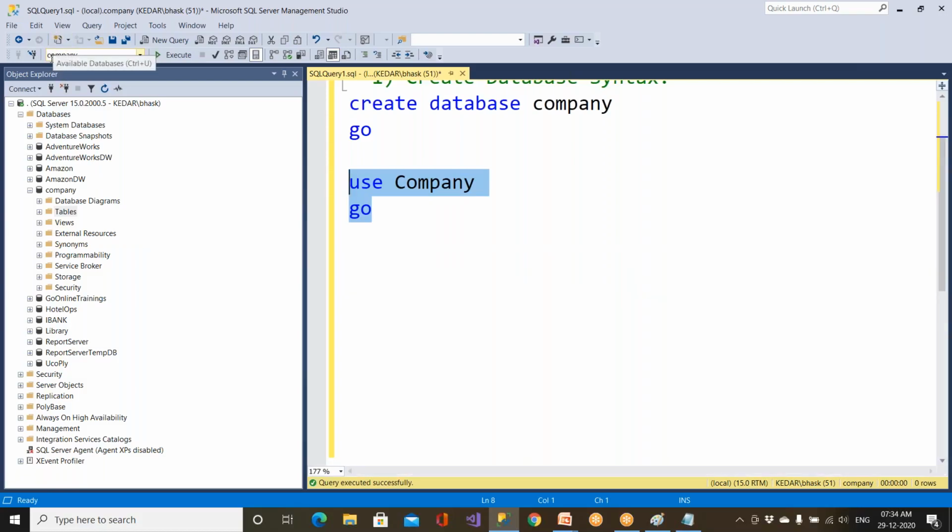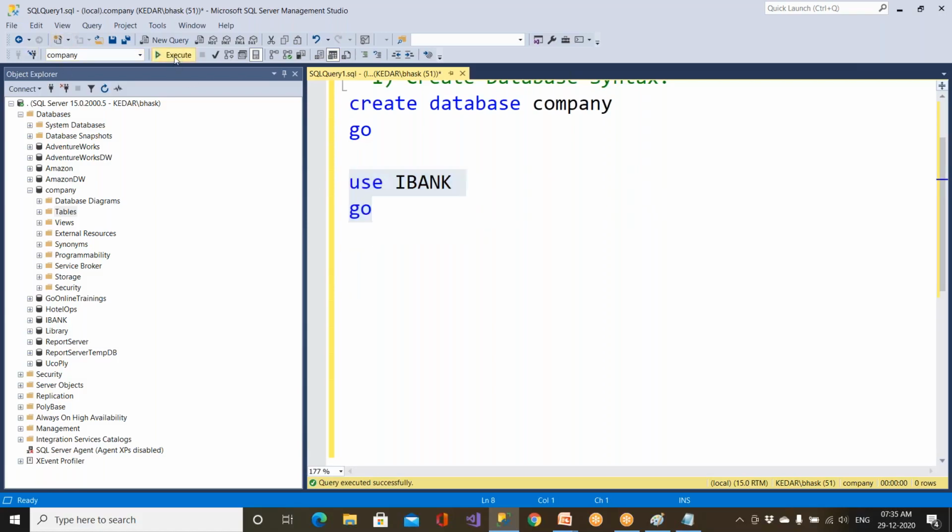Clear? So you have a lot of people. I wanted to fire at one object. What I do, I take a gun. I point it to that fellow, and I start triggering the bullets, right? So you create a database. After that, you point to this. How do you point? You say use company. Say use anything else, use iBank. If I say use iBank, I am pointing to the iBank database.